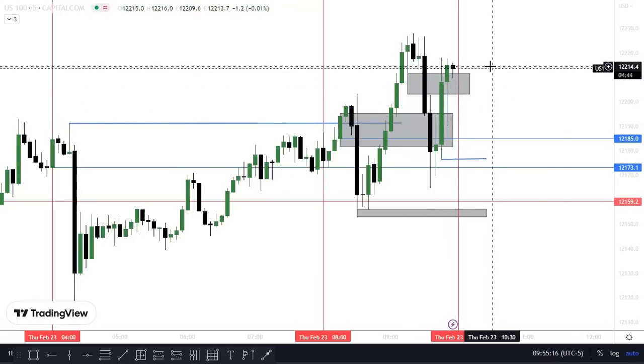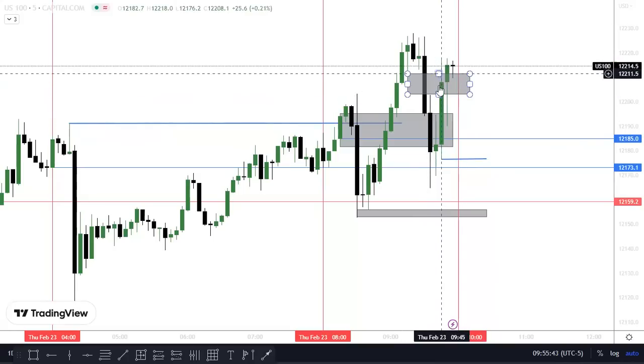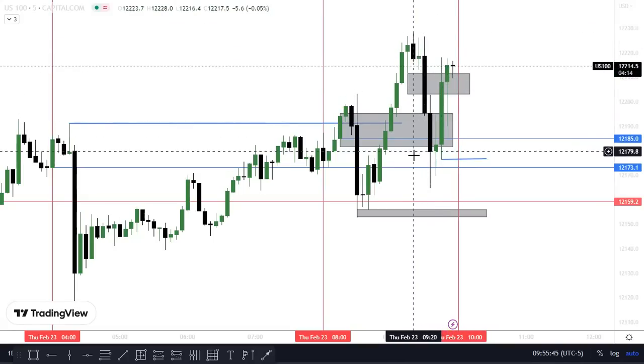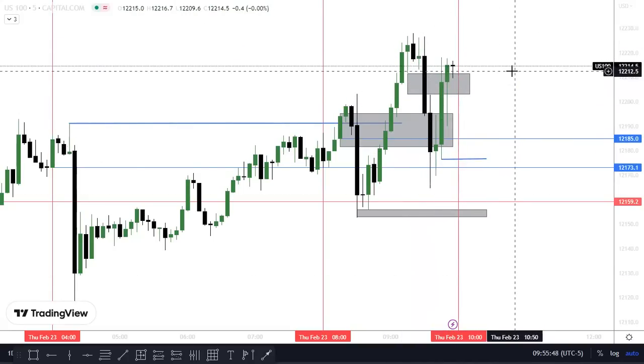But wait for 10 o'clock to confirm. A 10 o'clock spike should be beautiful. 10 o'clock open should be sensitive. No forcing it, no praying and hoping, just logic. Would I enter right here? No. It would make sense for me to enter here if I'm getting a close above this. So I go back to waiting.